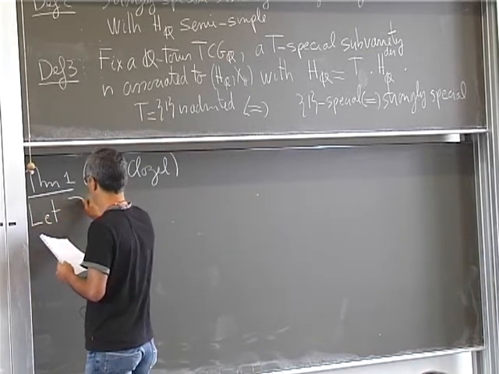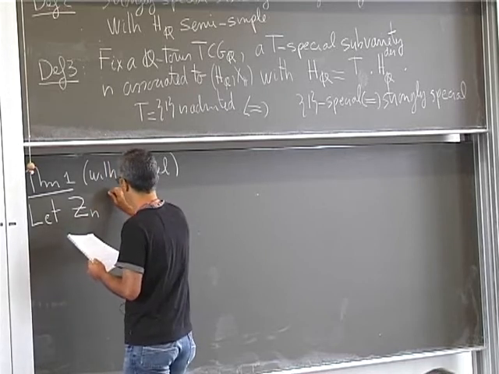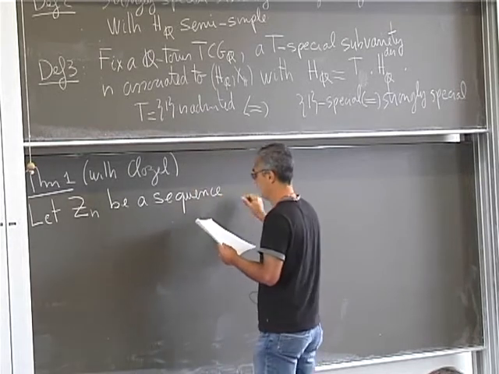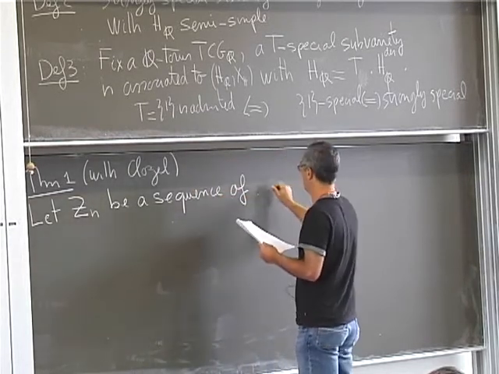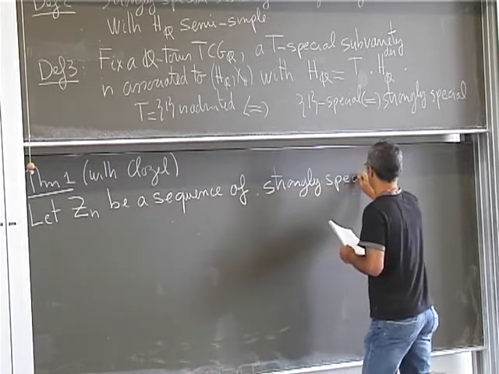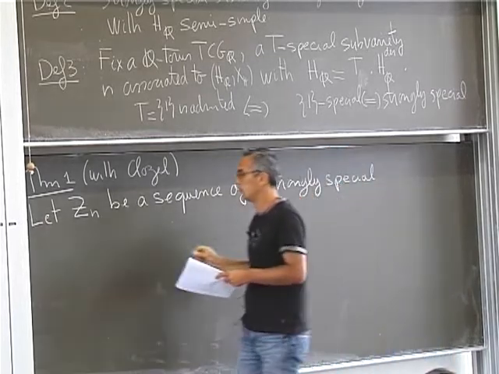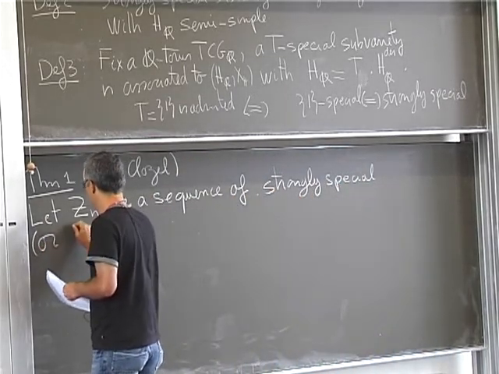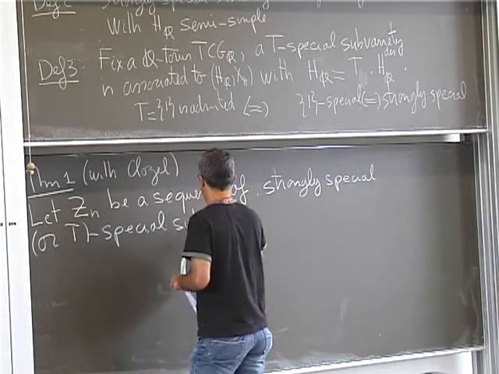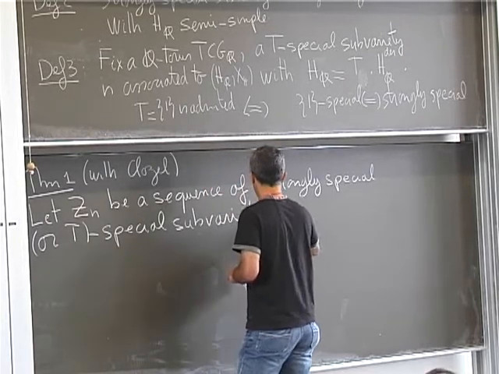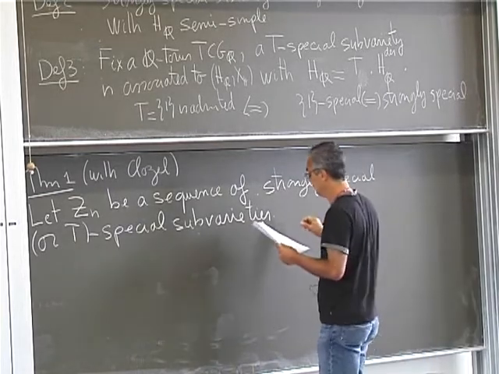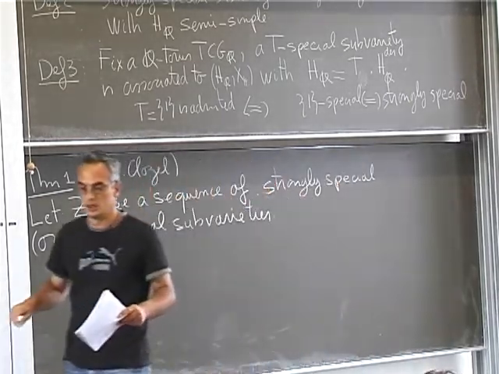So let Z_n be a sequence of strongly special or K-special subvarieties. Then